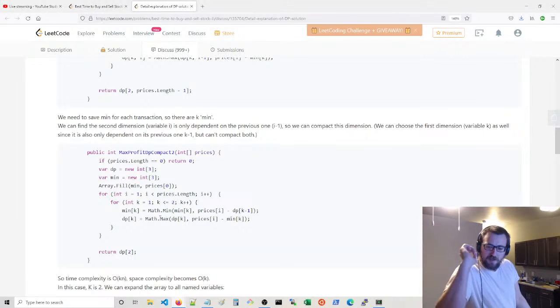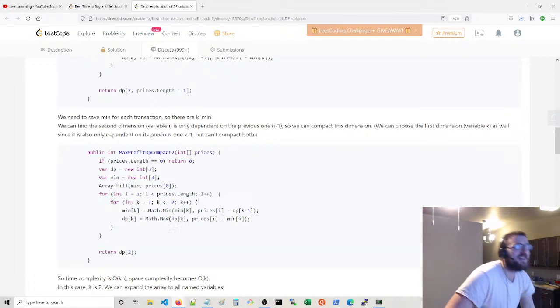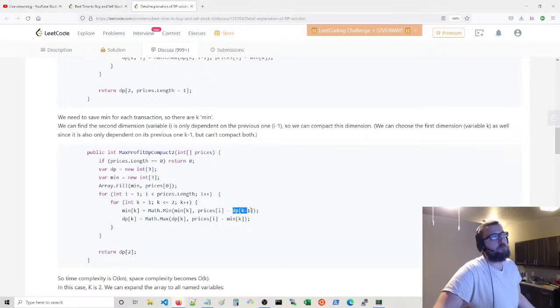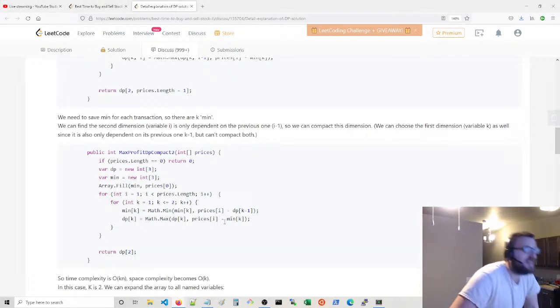All right, in that exact scenario, if we had a DP3, what would happen to DP3 when we change DP2? So DP2 might go from 0 to some number, let's say 5. And now when you're calculating min3 of this slightly higher prices value, maybe the price itself is 5, minus 5. So now that we've updated DP2, here's a question: